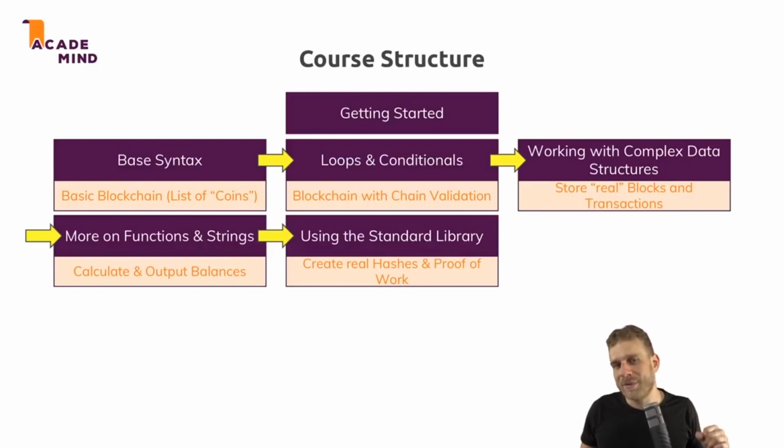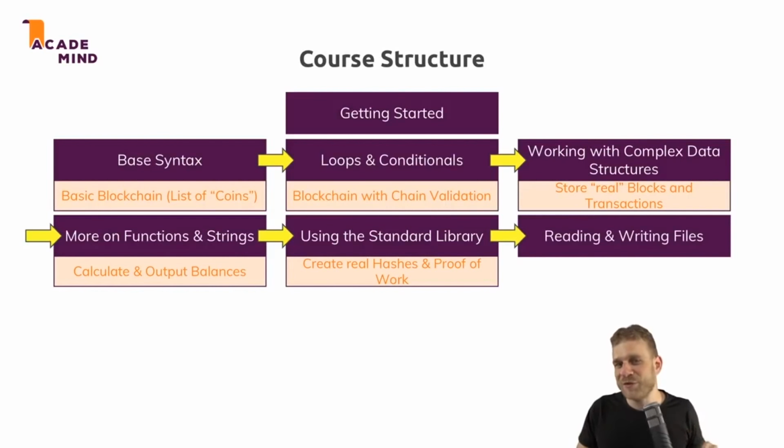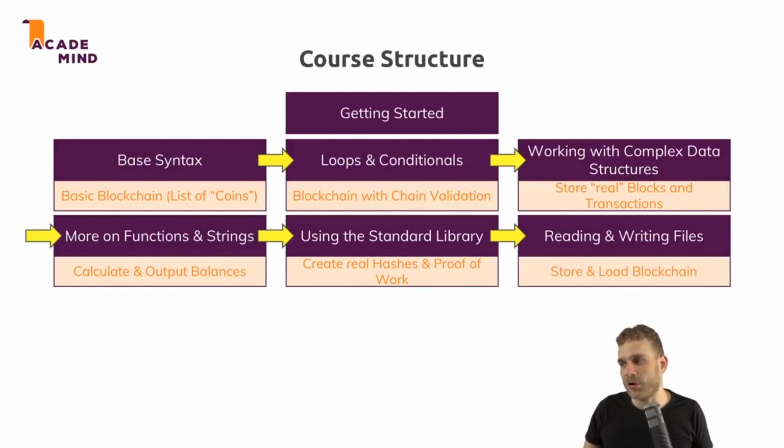We'll then learn more about reading and writing files, something we already did in our first Python app here at the beginning of this course. But here, of course, we'll dive into it a bit deeper and learn more about what's happening there and how we use it and how we can do different kinds of reads and writes. Regarding our blockchain, we'll finally be able to store and read our blockchain in files and not just in memory.